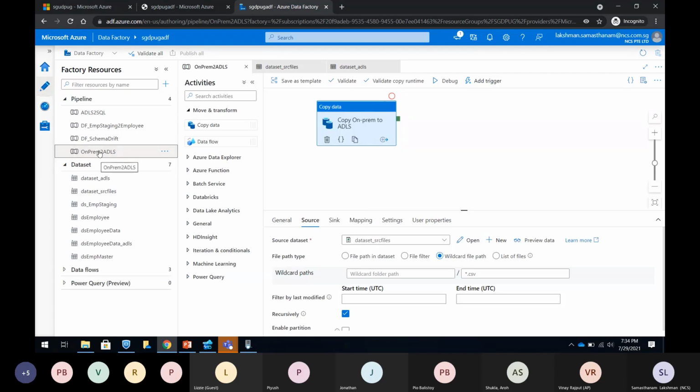Okay, I created a pipeline. The pipeline contains one copy activity which moves the on-premise data to the ADLS. So in that source, in the copy activity source,